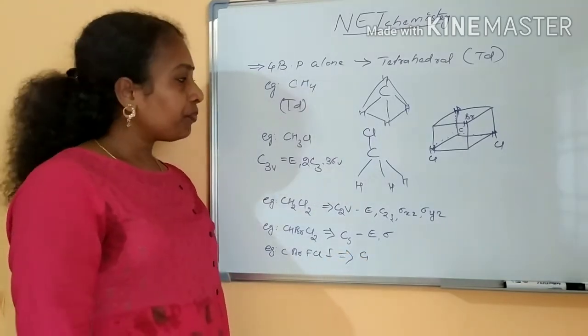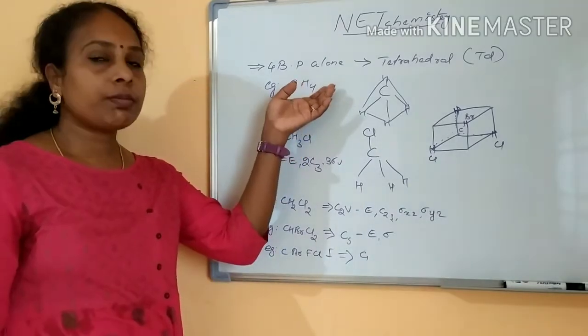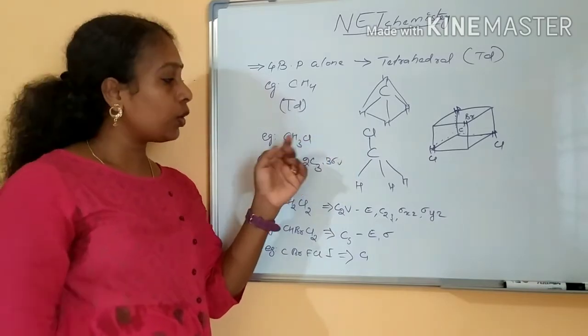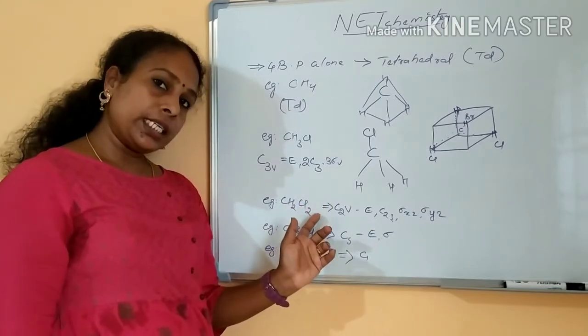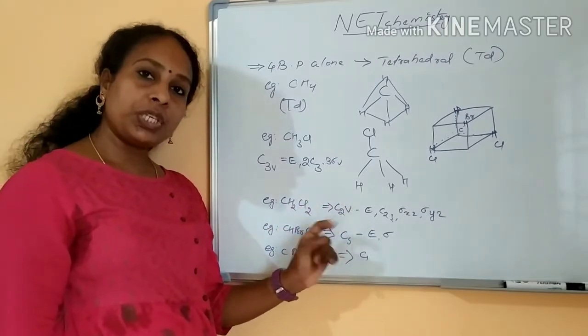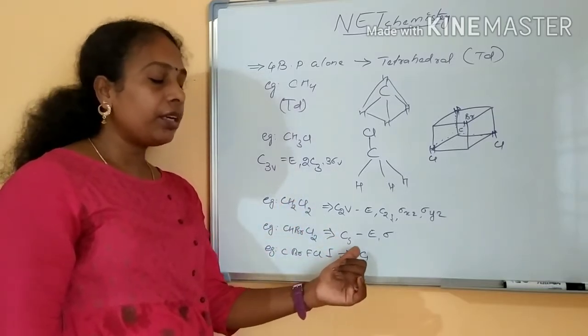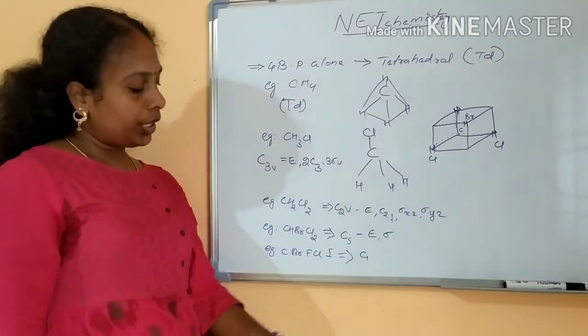Okay, clear? One more time I will tell, CH4 belongs to the Td point group. If one hydrogen atom is replaced with chlorine, it will be a C3v point group, pyramidal shape. If one more hydrogen atom is replaced, it will be a C2v point group. Again, replacing one more hydrogen atom, it will be Cs. E and sigma only are there. Sigma is through the two chlorine atoms.